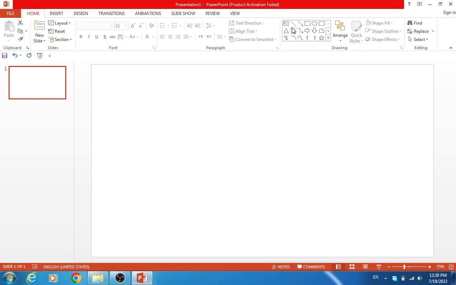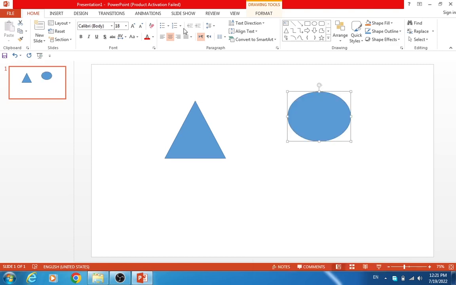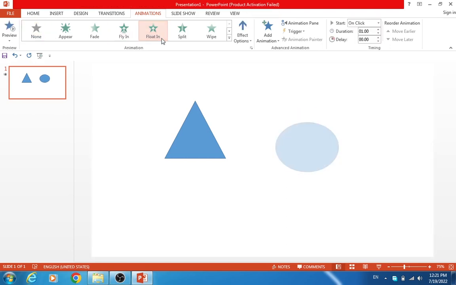So the first shape is, and the second shape is a circle, and now we will go to Animations, and now we will add some animations on this. So you can add animations like this, Fly In and Float In,